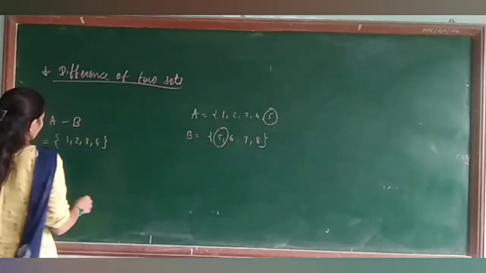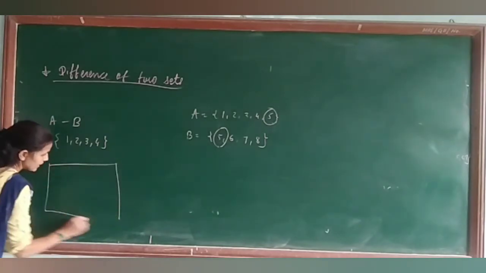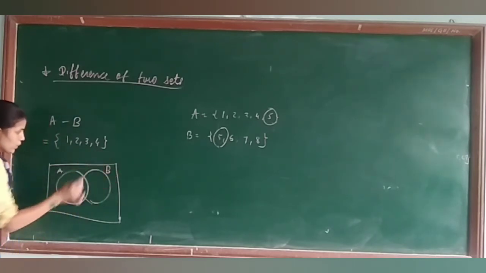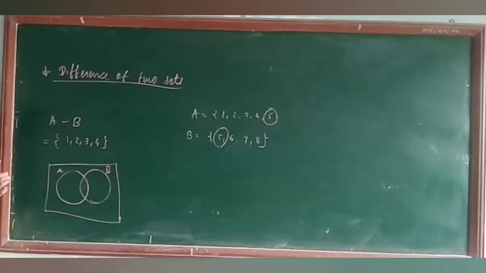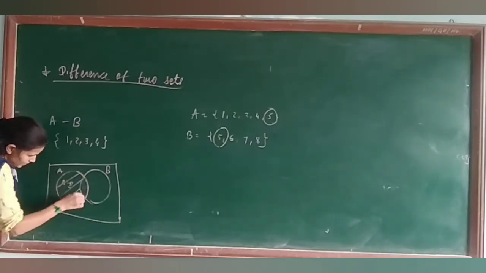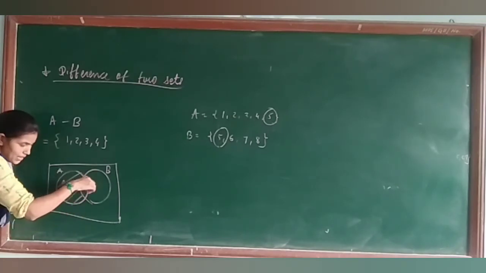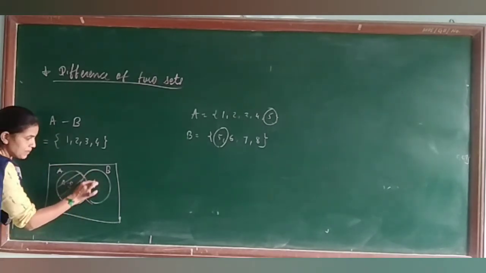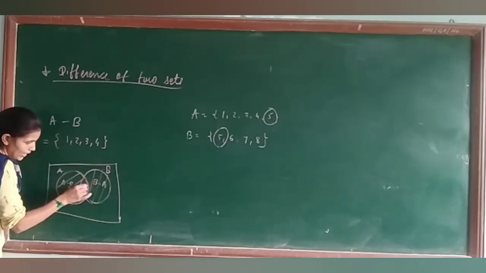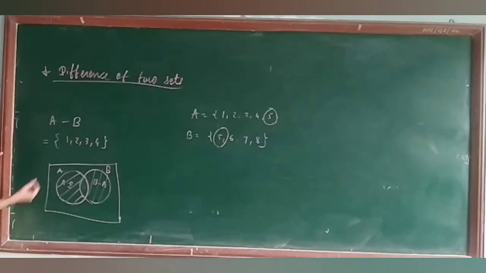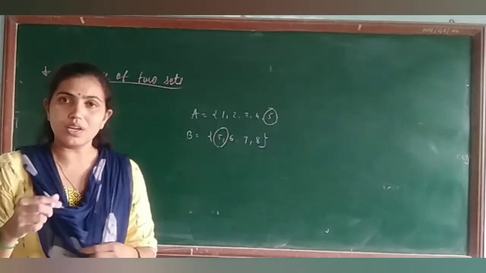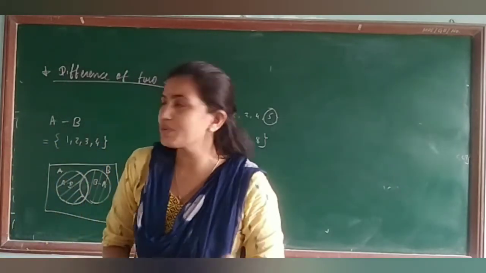और अगर इसी बात को अगर हम वेन डायग्राम के फॉर्म में लिखें, so this is the set A and this is your set B. You know that all the common element are written here. So A minus B, that means this set. Okay, हमें A में से B का पोर्शन माइनस कर देना. Similarly, if I write down B minus A, that means this portion where you have to minus the common part. So A minus B, that means A minus A intersection B. Okay, so this is the concept of the difference of two sets.